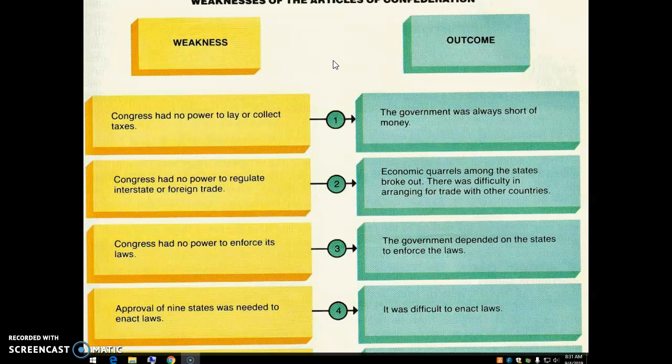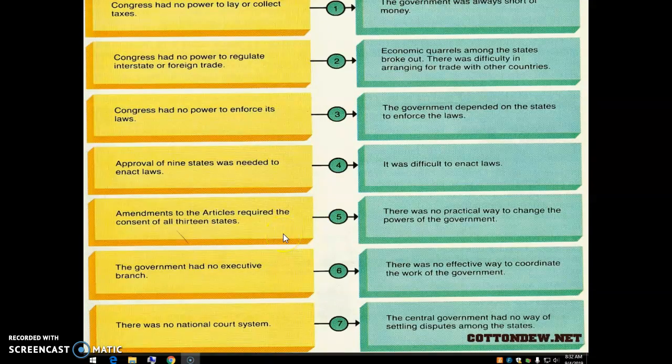And finally, you need approval of 9 states to enact laws. Well, it makes it very difficult to enact laws because you need so much contribution from all the states, and you need them to all be on the same page. But they all have different ideas. They all have different economies. They all have different wants and desires. So it makes it very difficult to make anything take place. The idea that an amendment needed all 13, you need a consensus. Think about in class, we try to find a consensus between like 4 people, can't do it. Well, they need 13 states with millions of people, can't. It makes it impossible.